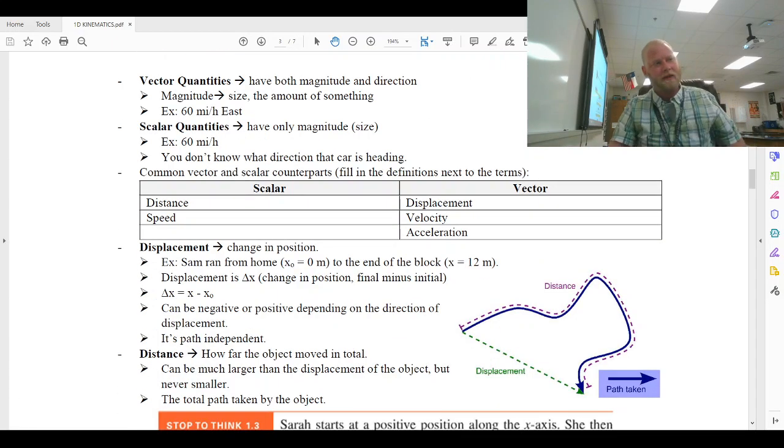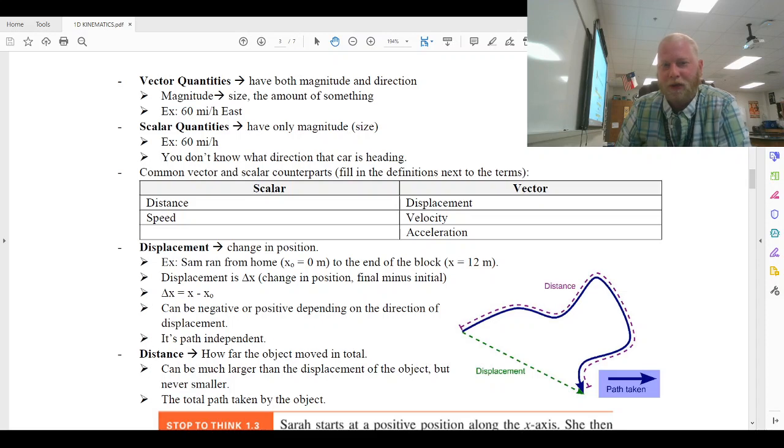Now, in physics, we're going to deal with 2 different types of quantities. Things can be vector or they can be scalar. Scalar quantities only have magnitude, and you're going to hear that term a lot. Magnitude simply means a numerical size. So if we're talking about your most common scalar quantity, which is speed, it would be 60 miles per hour. It just gives you the magnitude, the numerical value, the size of your